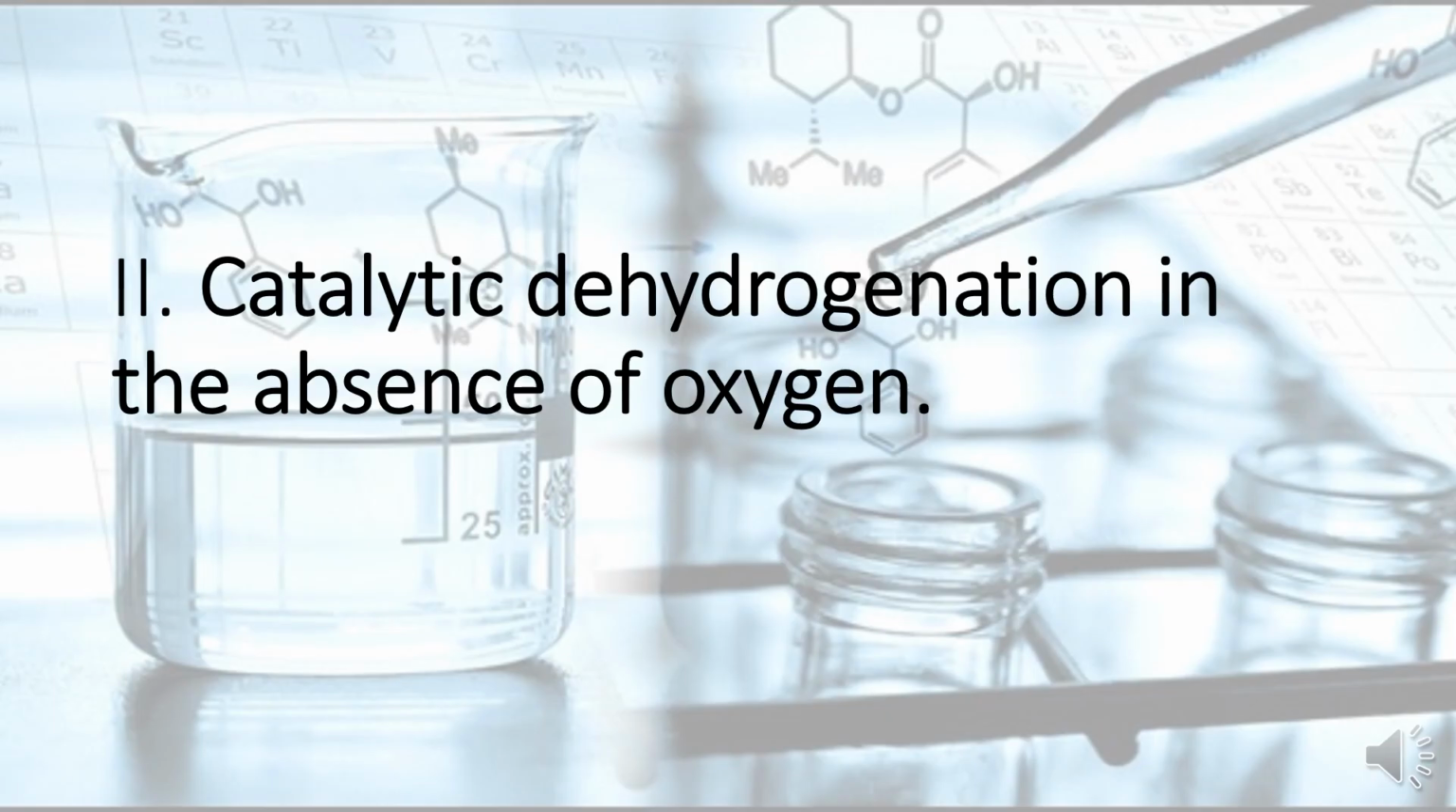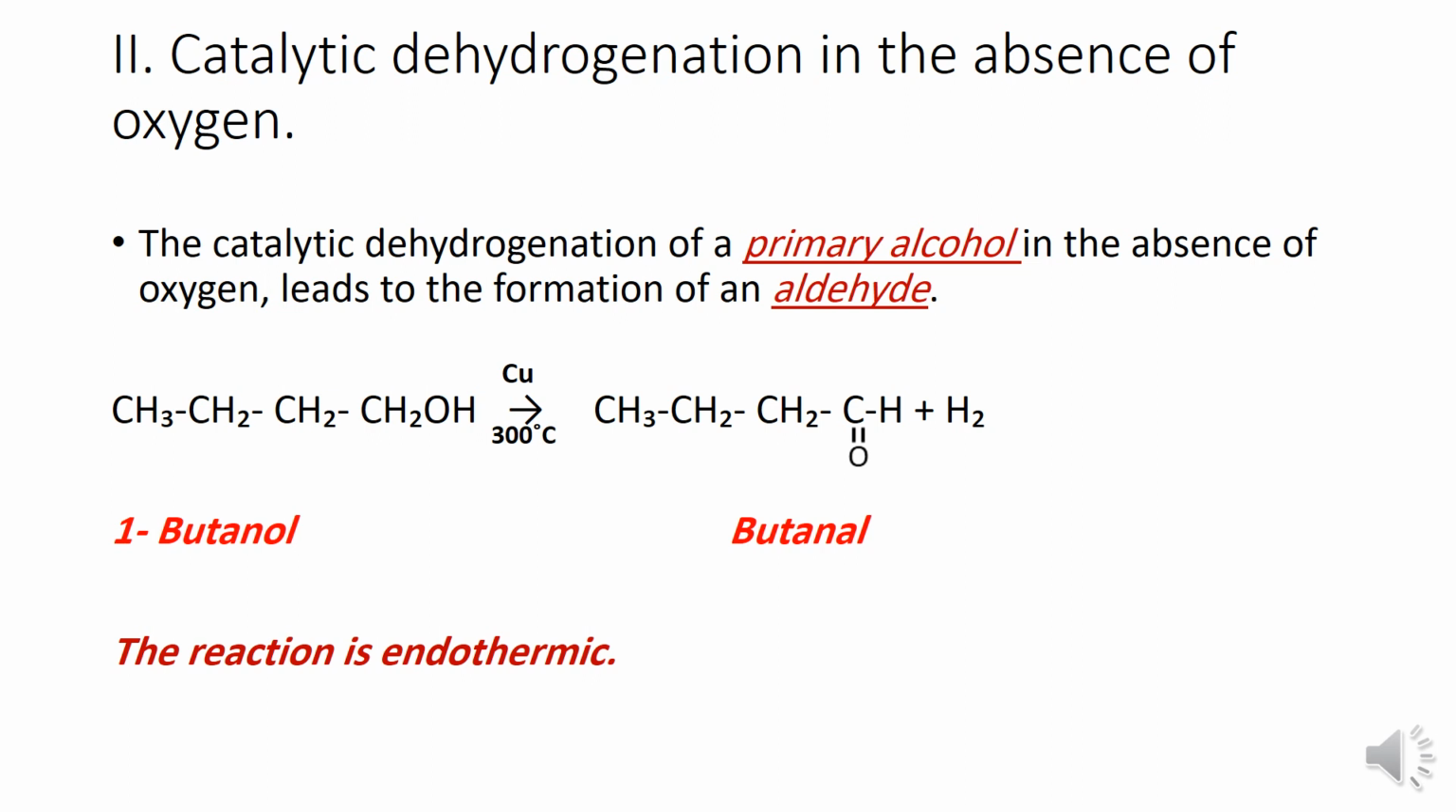Now the second one is catalytic dehydrogenation in the absence of oxygen. Let's take it with respect to primary alcohol. In the absence of oxygen, it leads to the formation of an aldehyde. So if we take now another example, which is 1-butanol, that consists of 4 carbon atoms,